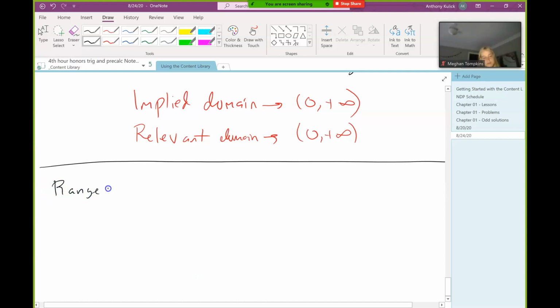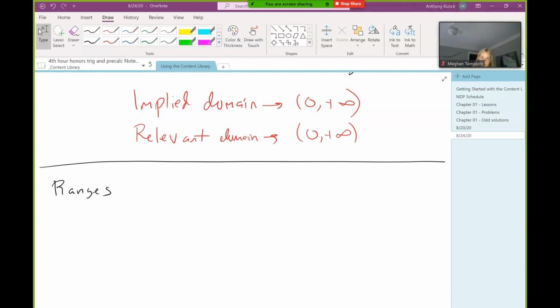So let's talk here about ranges. Now, ranges are typically trickier than domains, right? Because the range is based on the domain. So one way, or probably the easiest way to approach this, is just using our graphing calculator to look at the graph. Everybody's okay with this plan? So if you have your graphing calculator and you want to follow along, you're welcome to do that. If you're just like, I know how to graph things on my calculator, that's not a big deal for me, you can just sit and watch, because that's all I'm really going to be doing with it, is just graphing these functions.